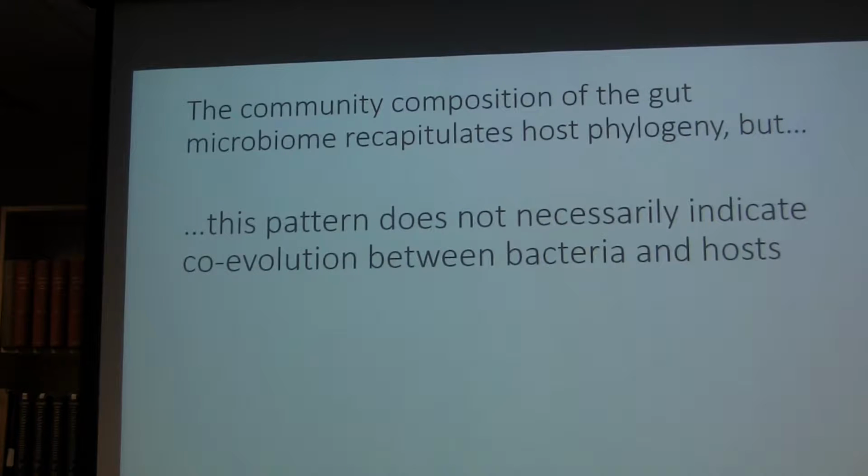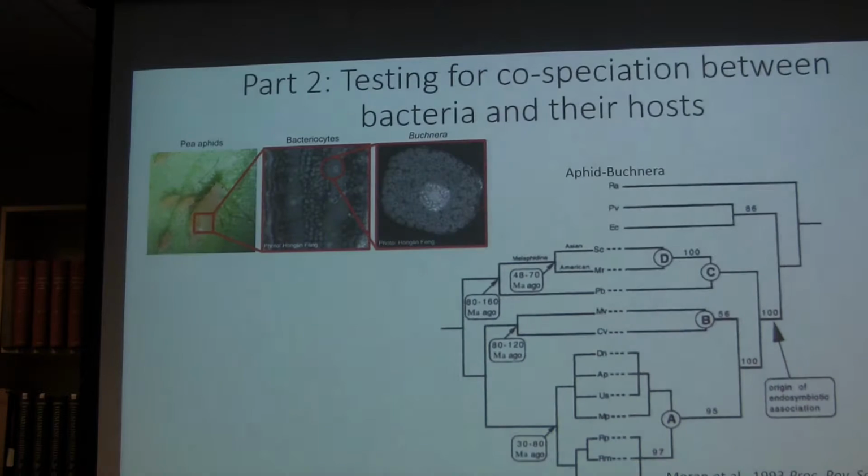So in part two, I want to start to look at the possibility that bacteria are evolving in response to their host's evolution, to try to get at this question of coevolution between hosts and bacteria. And so one way to look for this is to test for patterns of co-speciation between bacteria and their hosts. And so probably maybe the most famous example of co-speciation between a bacterium and an animal is